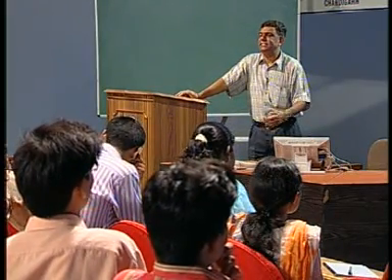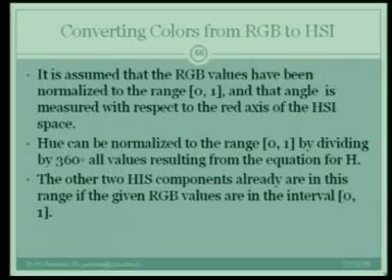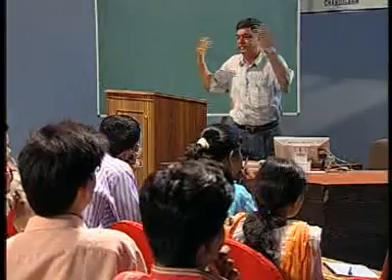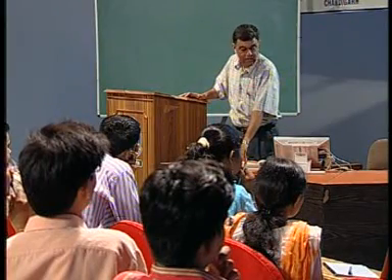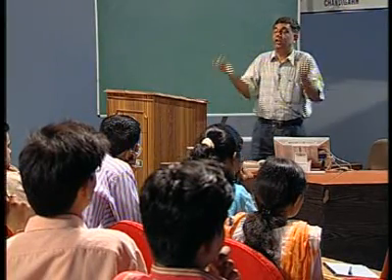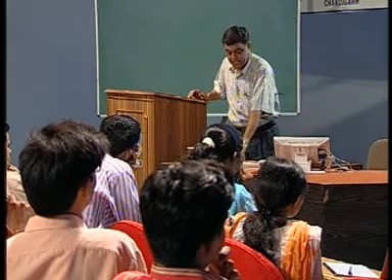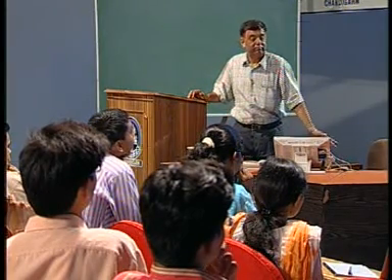So, normalization, as I mentioned, can be between 0 and 1, or 0 to 100, or 0 to 255 if it is intensity, because intensity will generally be 8 bit. Angles can be originally calculated as radians of course, and then if you feel like it, because the angle is to be perceived by you, in general if you are looking at it, the angle can be in degrees. That is it.